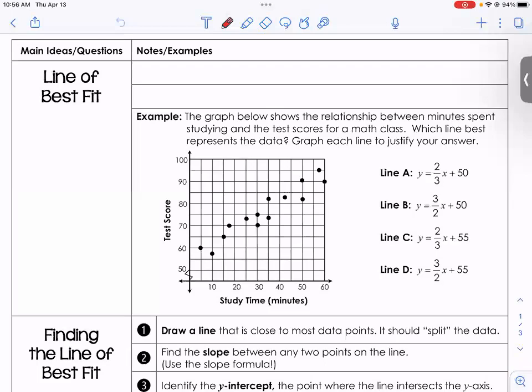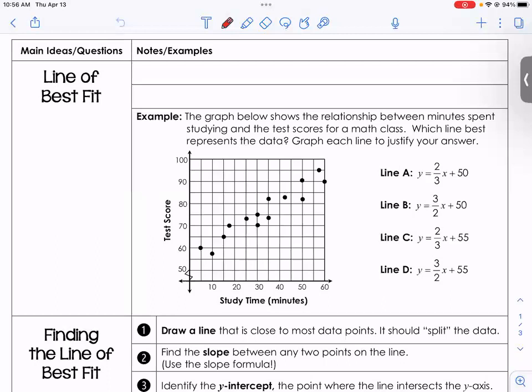Okay, so yesterday we talked about scatter plots and whether we had a relationship. Do we have positive correlation? Do we have negative correlation? Is there no correlation at all? Okay, what we are going to do is use these scatter plots to help us predict